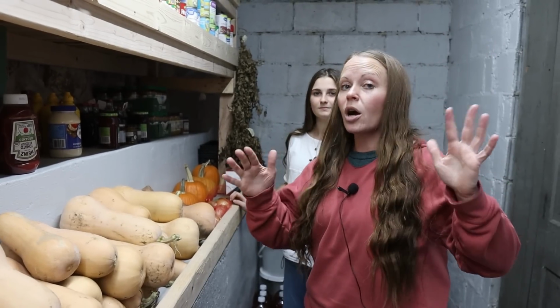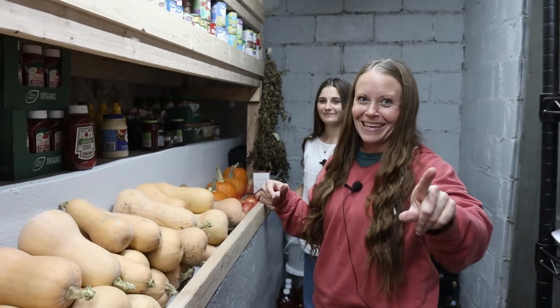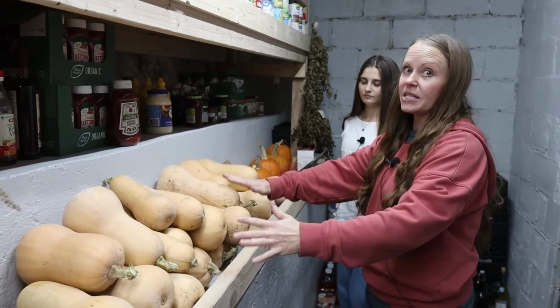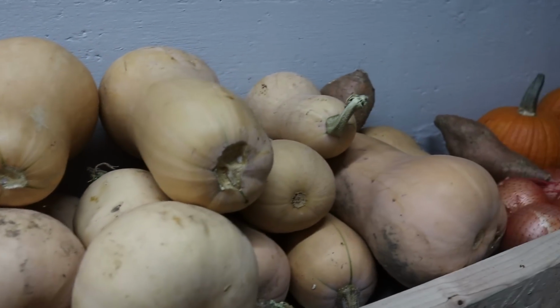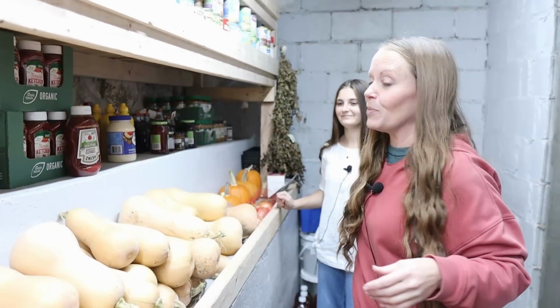Okay, so our root cellar is long and narrow, so we had to switch spots. Marie's almost always behind the camera, so she's helping us today. And today, before we move on to store-bought stuff, you can see what we have going on down here. So we are able to turn off, and this is fun. Josh put this in, and I'll just mess up the camera for a second, but we can make it pitch black in here and have nice LED lights in here if we want to,